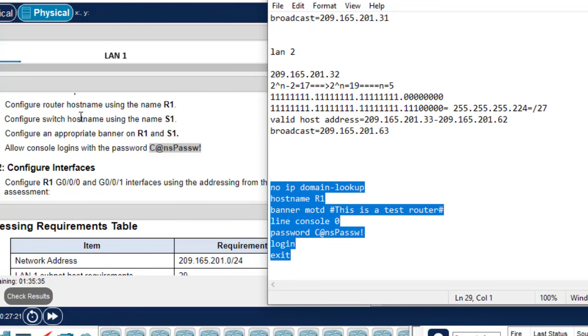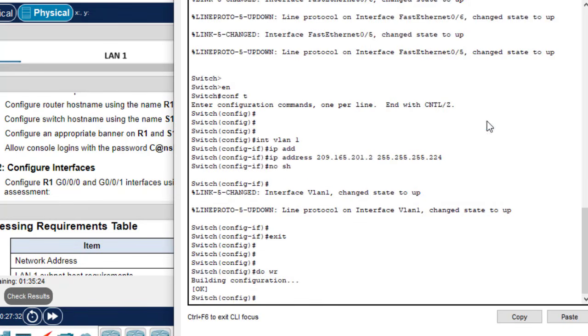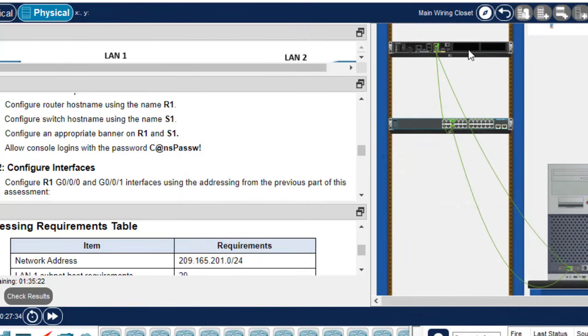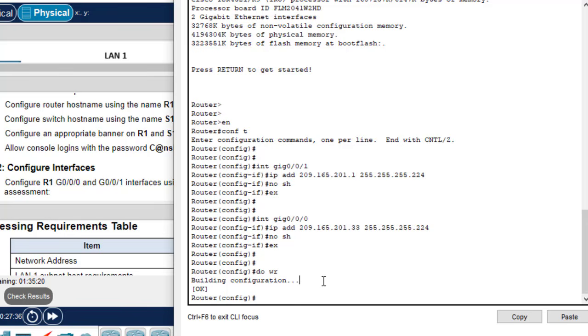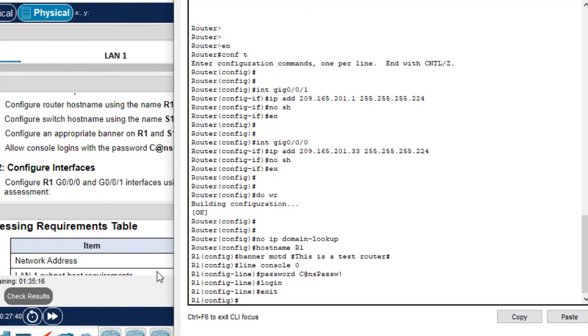So I'll copy this one first. I believe you understand how to do them. I'm doing them on the notepad so that I can copy them very fast, because you have limited time. No, that is meant for router. I clicked on the router and paste this one. Okay, as you can see, the default name has changed from Router to R1, and we have entered the line console 0, the password of that one, login, then you exit the interface,